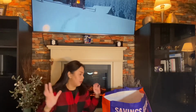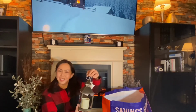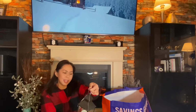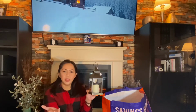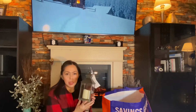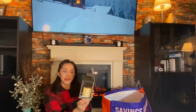So while we're in there, I got this beautiful lamp. It already has the candle, which is very nice, very handy. This morning when I woke up, I put the batteries in already. It needs AAA batteries, so you need 3. I put them in, and voila,